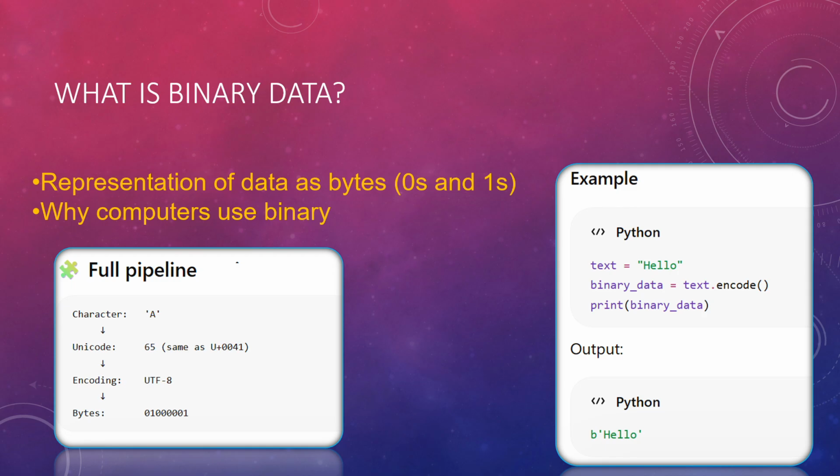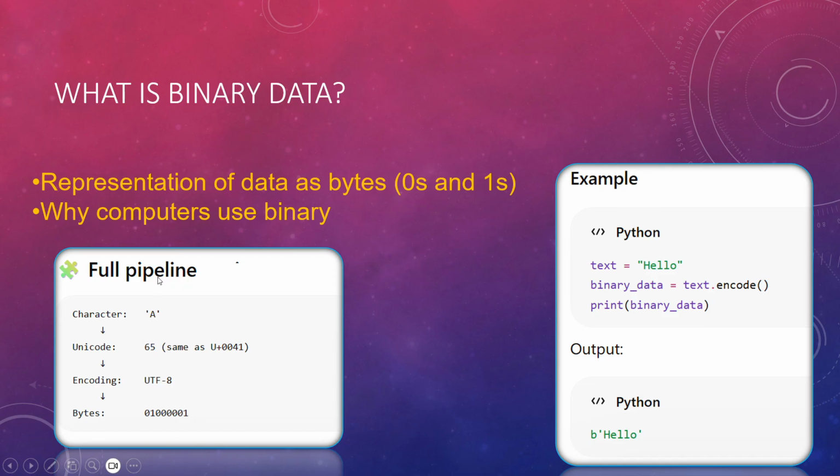Okay, so we move on to our first slide of today, which is what is binary data. Everything in computers, you know, at the base level is represented as zeros and ones. Only two values represent everything, zero and one. But there are combinations of zeros and ones when we go deeper into it. So each character, if you see character A at the base level in bytes, is a combination of 0 and 1, correct?